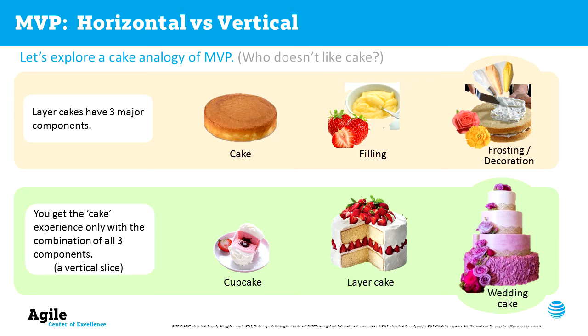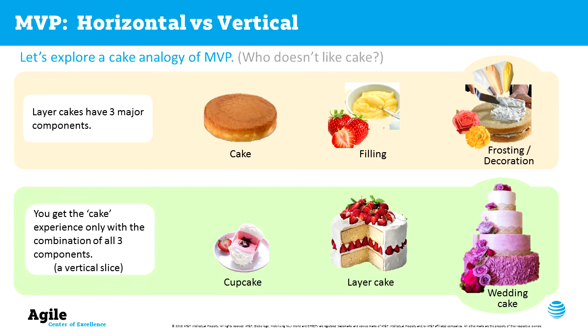If we look at the layer cake, so maybe there's an opportunity. Maybe we think that we've got a great idea, a great combination that we could at some point turn into a full-scale wedding cake as an option. But the reality is we want to get some feedback from a larger group of customers. So maybe we create some layer cakes and we sell those layer cakes, slices of those, to see what that feedback would be. So this slide, and the wedding cake, does a great job of showing us different ways of looking at getting the customer the minimum viable product, that cupcake, that taste, that experience that we want them to have, before going through all the expense, time, and energy in creating a wedding cake as